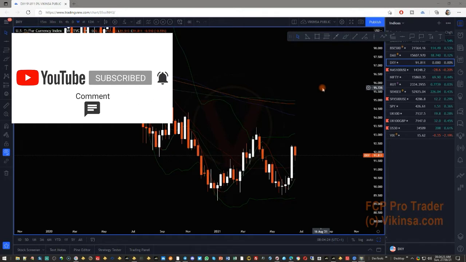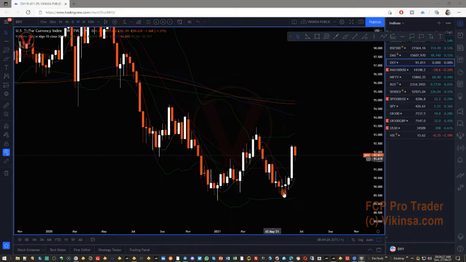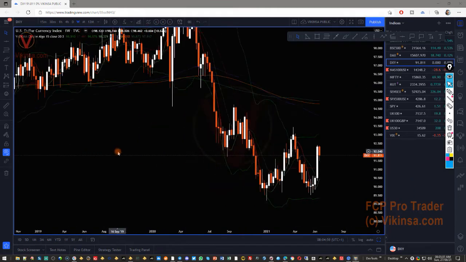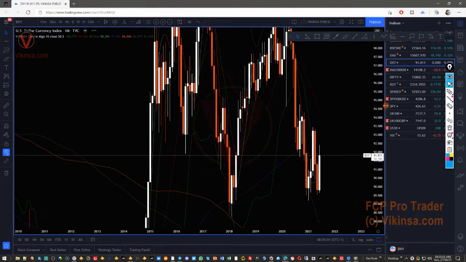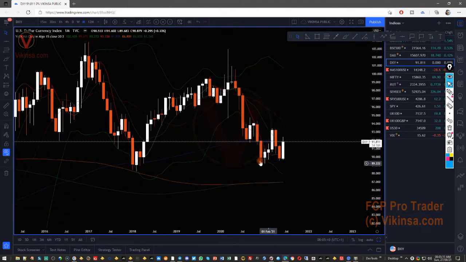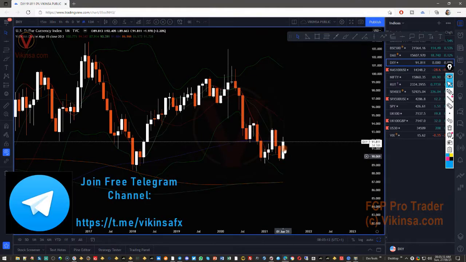Now what we have on dollar is that there is a W pattern forming, and if you remember, we have been looking for long positions from this area because there are a few factors in here. So first one was, if I go and look at the monthly time frame, then on the monthly time frame we have this previous demand area.